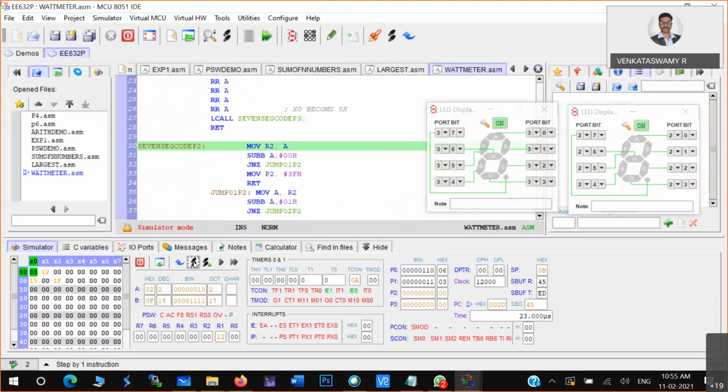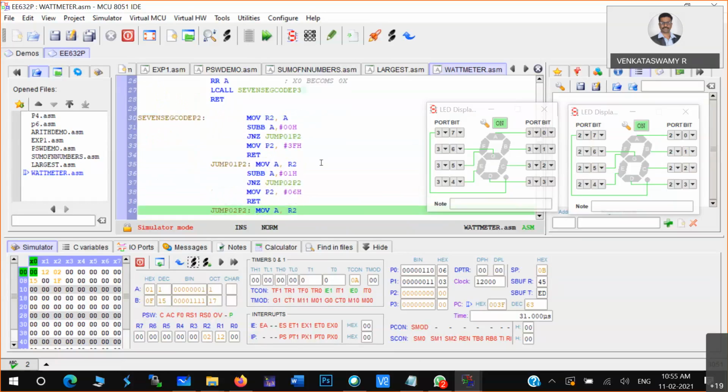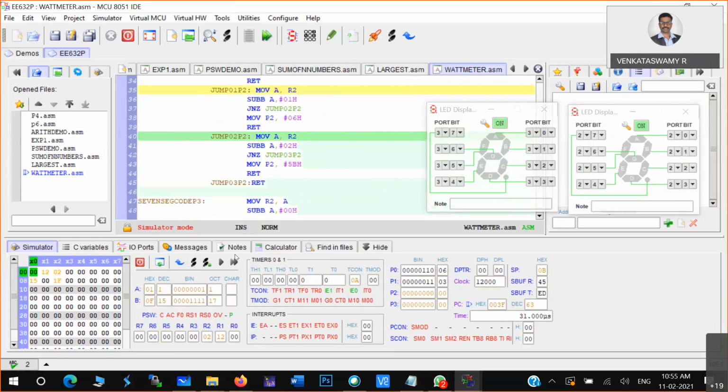When you have 02, this particular function should not execute. This particular thing should skip. Can you see here? That particular part is skipped. And again, the original number is taken and it is subtracted with 0 1. And again, this is also not 0 in the accumulator, so again it will skip that particular part. Okay, you understood?